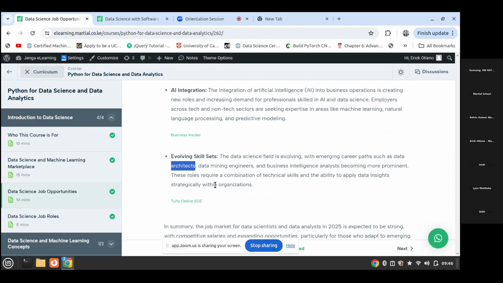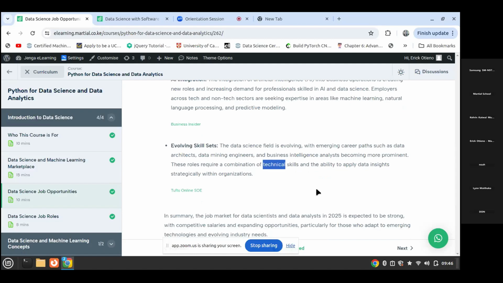This requires a combination of technical skills and the ability to apply data insight strategically within an organization. So in summary, the job market for data scientists and analysts in 2025 is expected to be strong, with competitive salaries and expanding opportunities, particularly for those who adapt to emerging technologies and evolving trends.